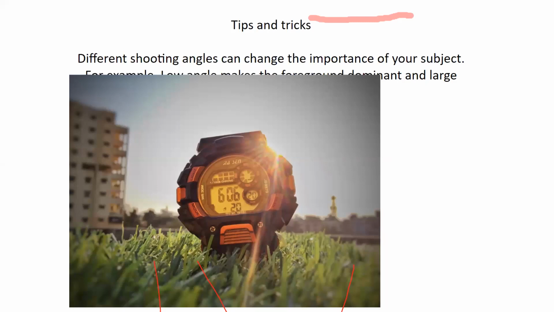This guy kept the watch in the foreground and went for a low angle. So it is dominating the image. Right away when I see the image, I can see this is about the watch. I don't get confused about what to look at, कि इसमें क्या देखना है, ये building का photo है या इसका photo है, grass का photo है. I definitely see this is a watch image. So it's a beautiful thing to capture, and low angle definitely helps you let your subject dominate the image.